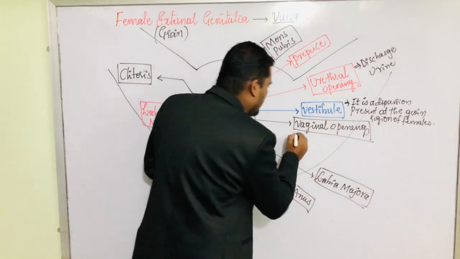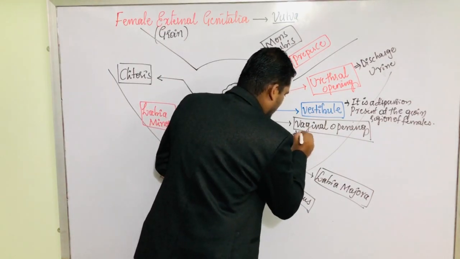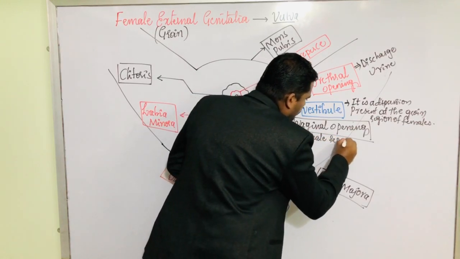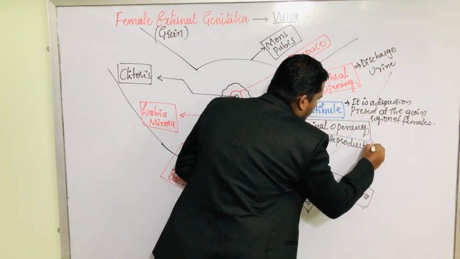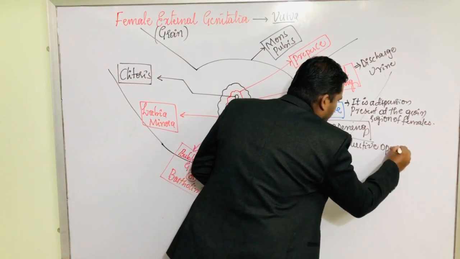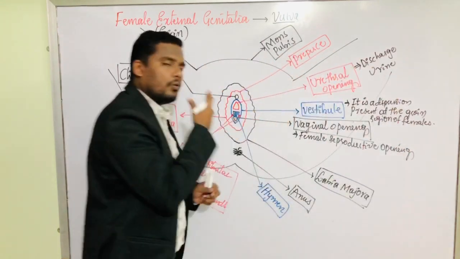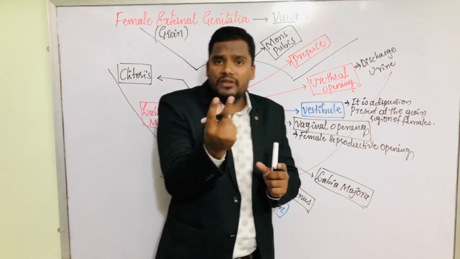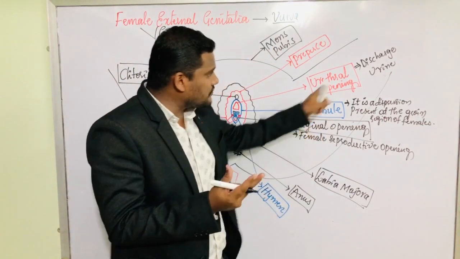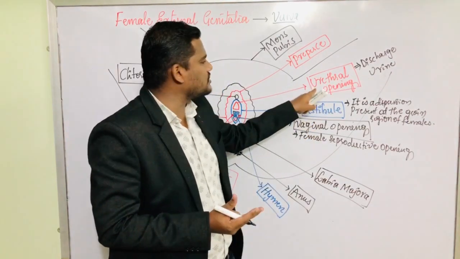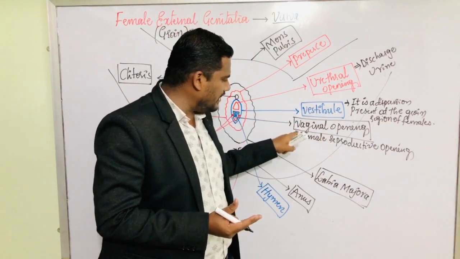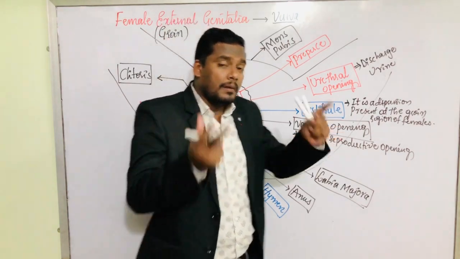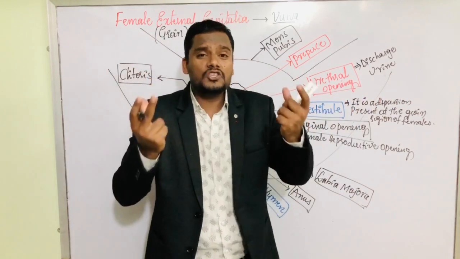This vaginal opening is the female reproductive opening. That means in case of females, we have two different openings. One is for urine discharge, called the urethral opening, and the other is for the reproductive process, that is the vaginal opening. But recall, my dear friends, in case of males,